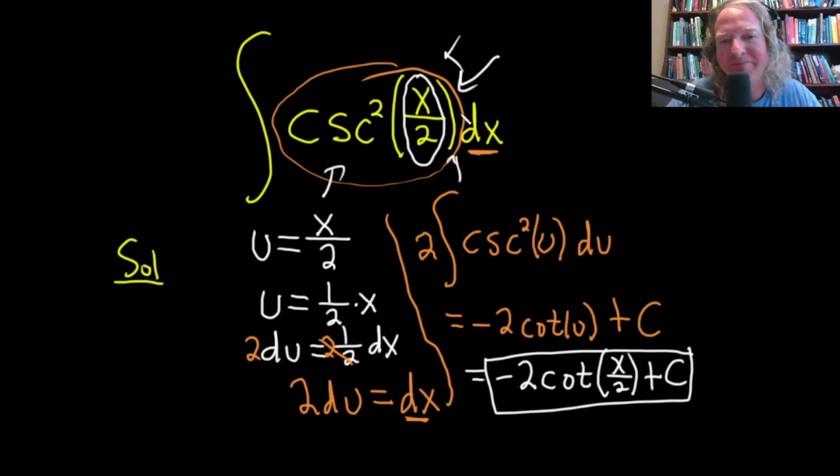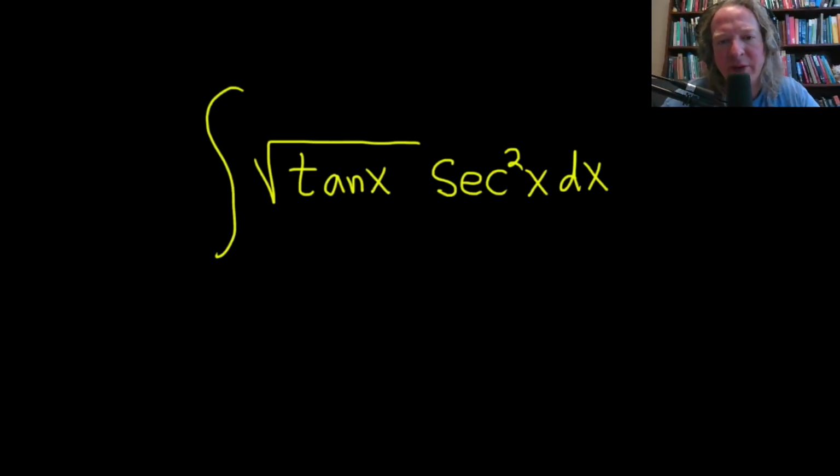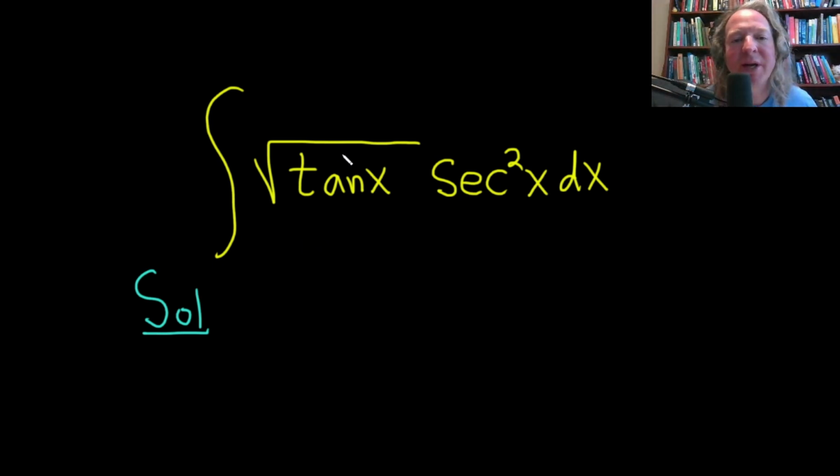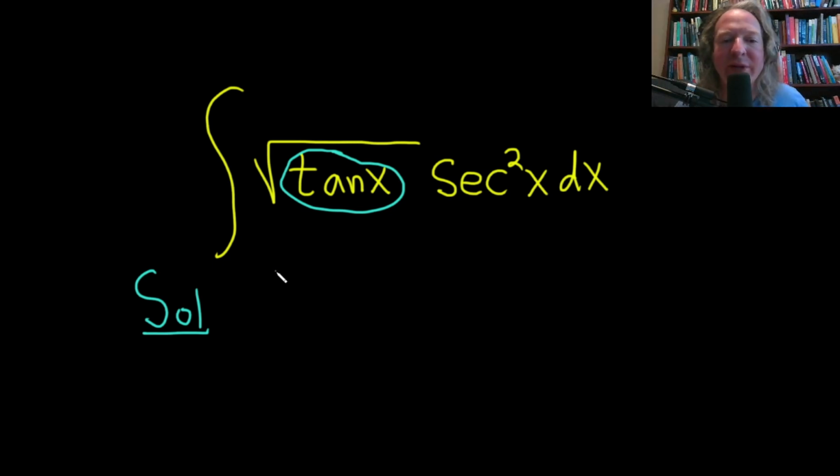In that case, you still want to make your way back to the original one, which the problem was stated in. In this example, we are going to integrate the square root of the tangent of x times the secant squared of x. Solution. So a u substitution seems like something that is worth trying. And typically when you're looking to make a substitution, u is typically your inside piece. So in this case, letting u be the tangent function is a really good first attempt. So if we let u be equal to the tangent of x,